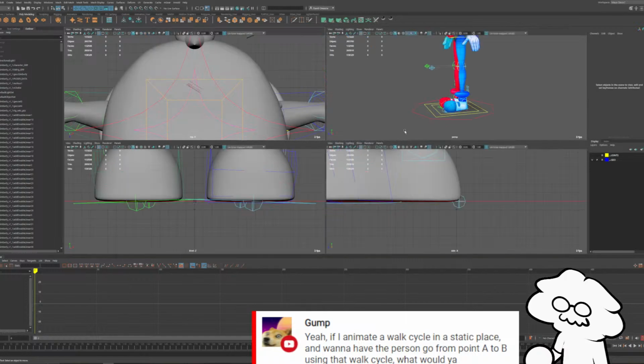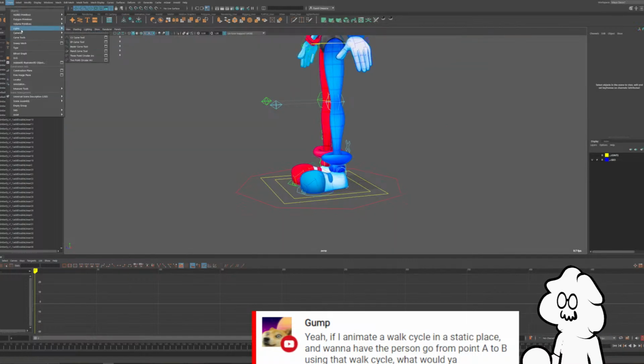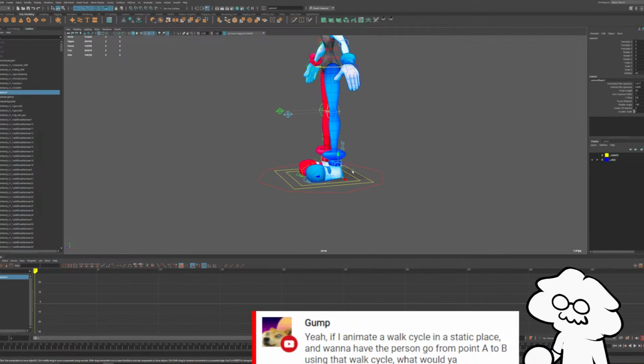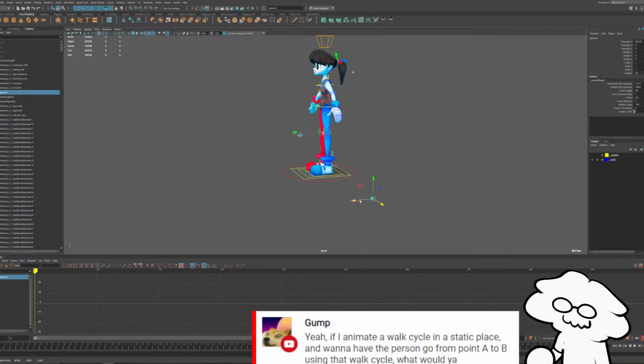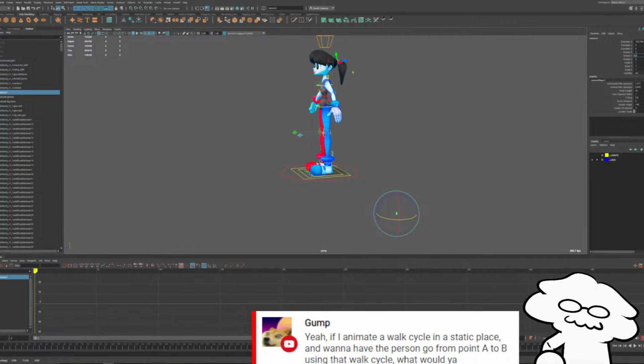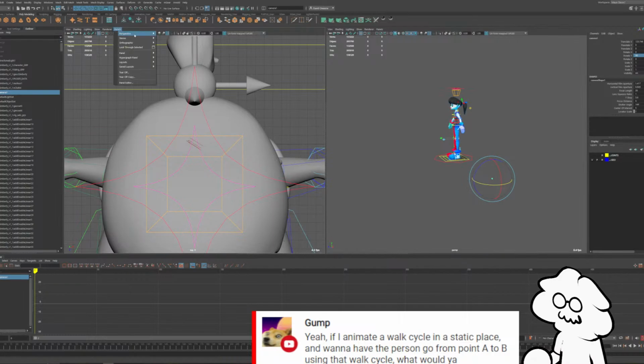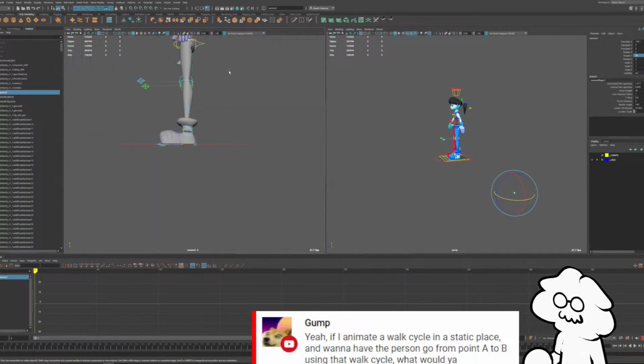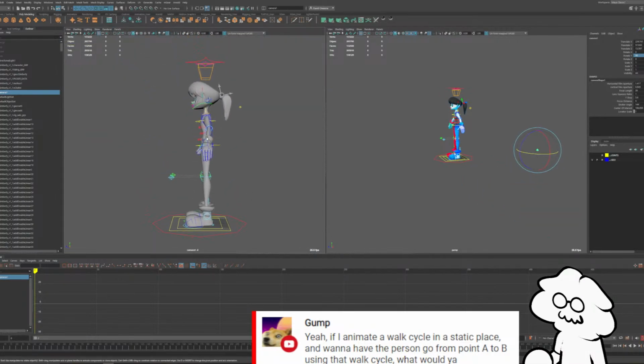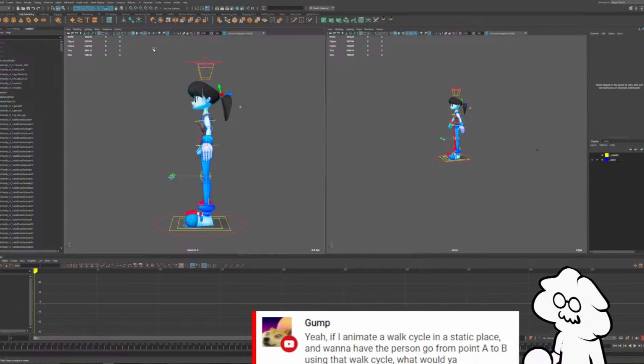Oh, and let's set up a camera just to have from the side, like that. Turn on our textures.